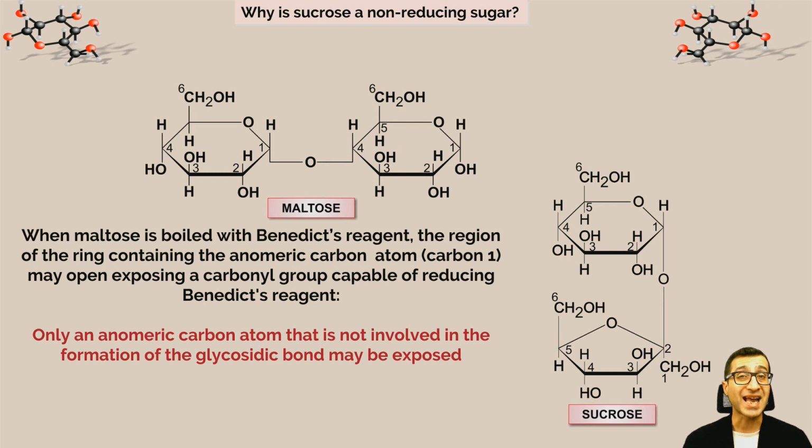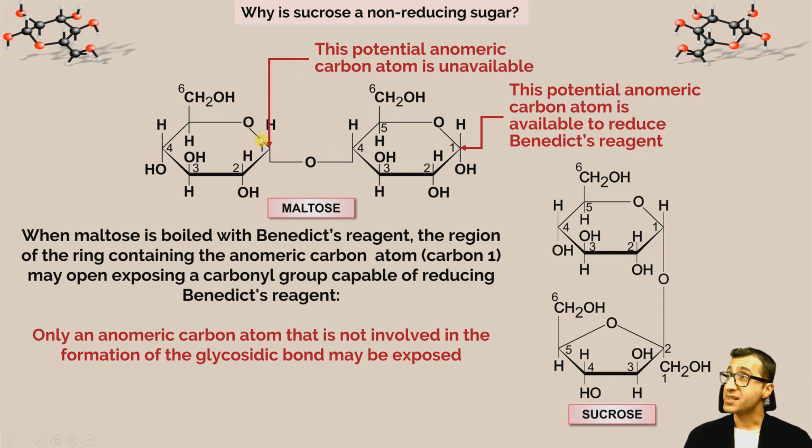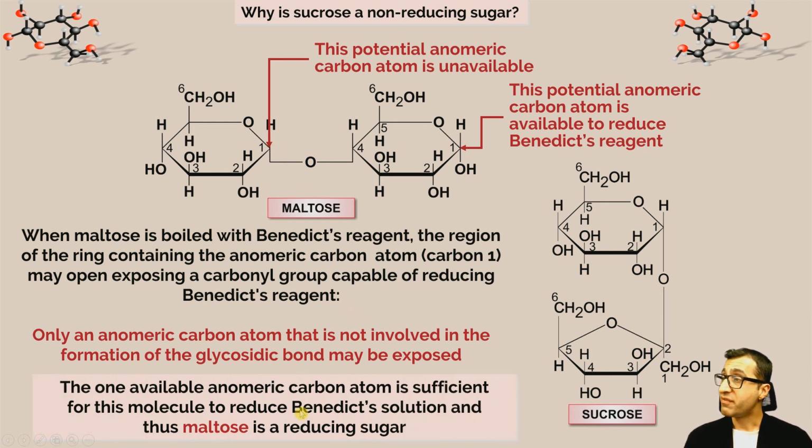Now, only an anomeric carbon atom that is not involved in the formation of a glycosidic bond can be exposed in this way. Now, this potential anomeric carbon atom is available to reduce Benedict's reagent in the case of maltose. This potential anomeric carbon, on the other hand, is unavailable. So the one available anomeric carbon atom is sufficient for this molecule to reduce Benedict's solution, and